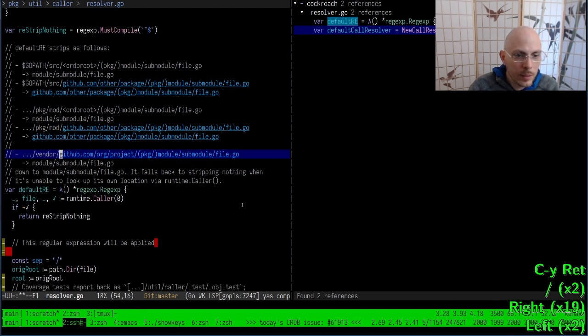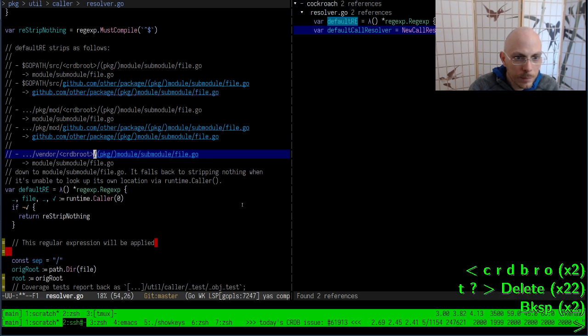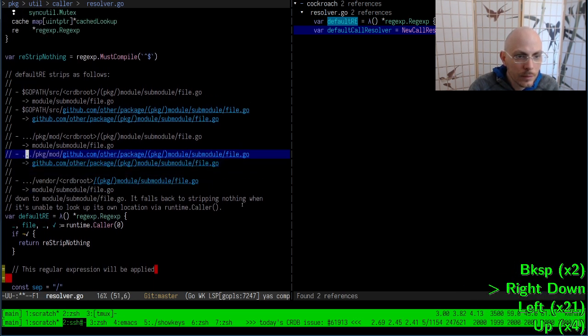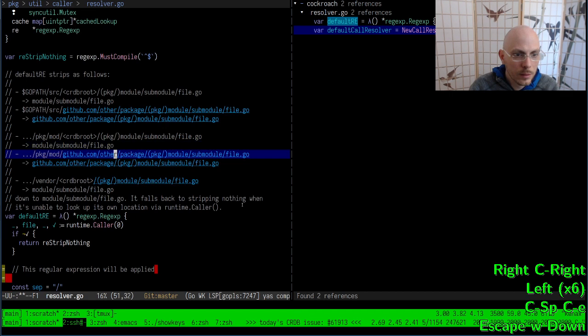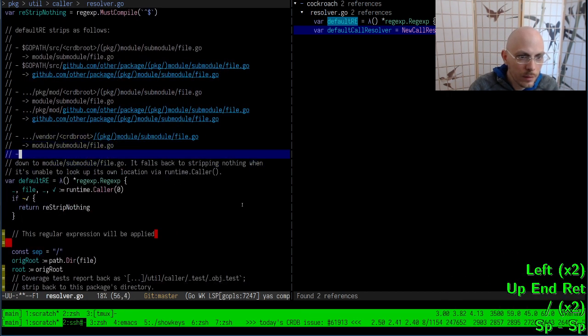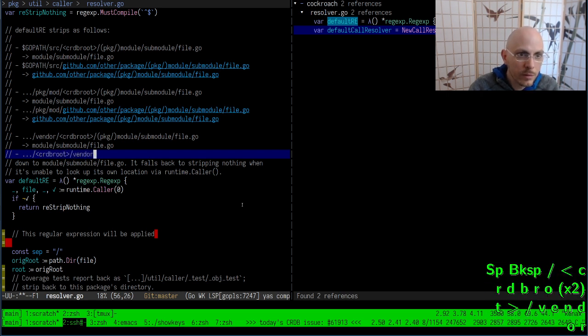And then we have here like this. That is going to be like this. And then CRTP root, vendor, file pass to